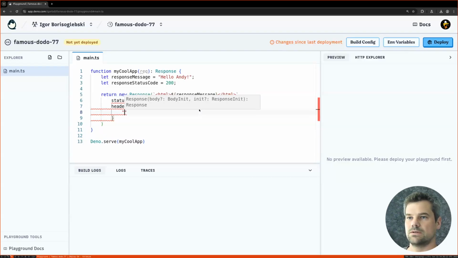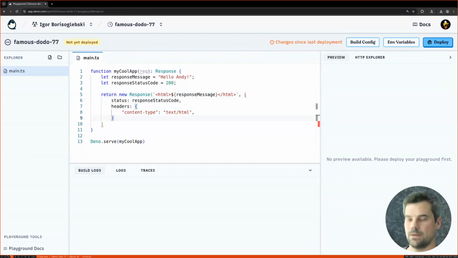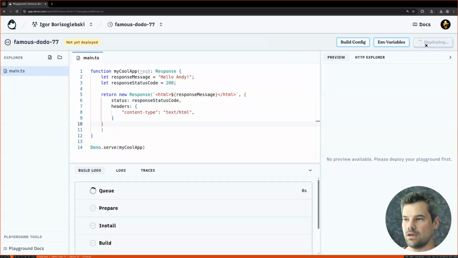Content type, right? Content type being text HTML. Okay, getting some curly brackets here. So I think we have to put this all around this, right? Nice. And that's it. So this is just a basic application which we're going to deploy now,